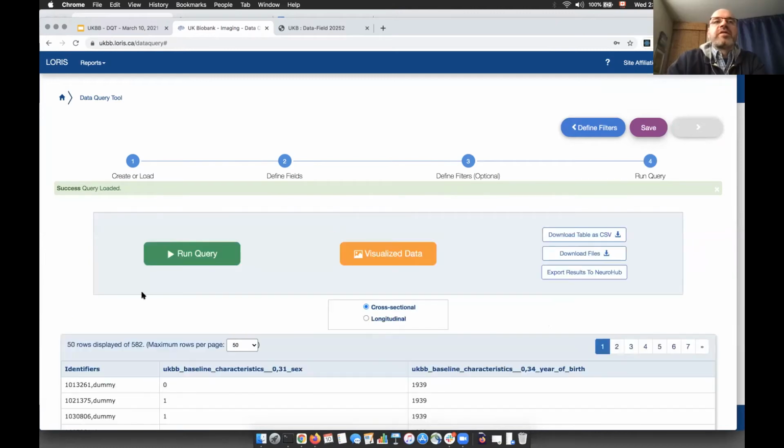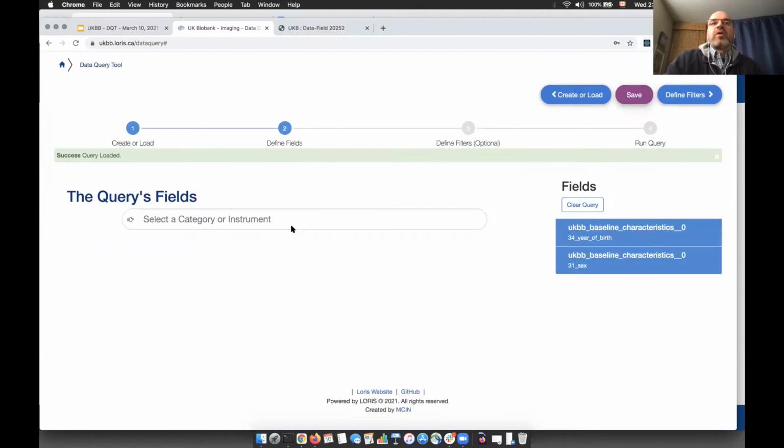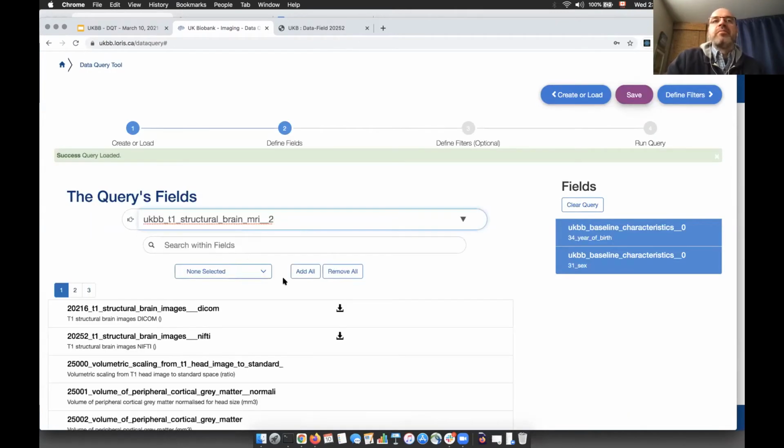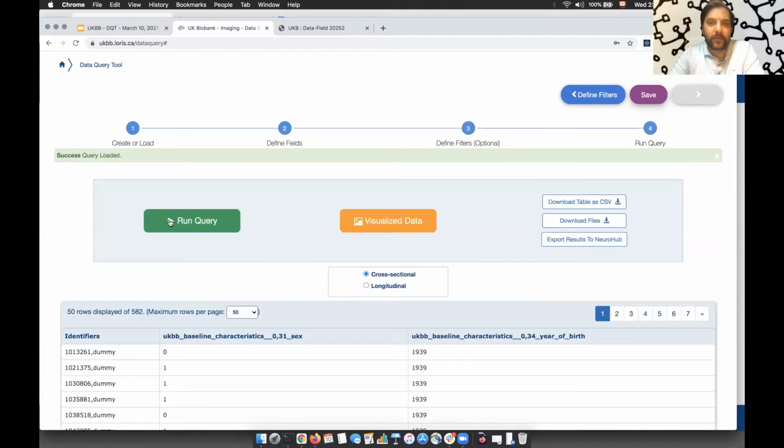Yeah, so it's clear as the steps outlined in the top where it shows indeed you do load a query, but then you want to define the fields and the filter really to get to the next step. So you can see Xavier going through it again. He started from the beginning, creating and loading. He's now defining fields. He's now defining the filters.